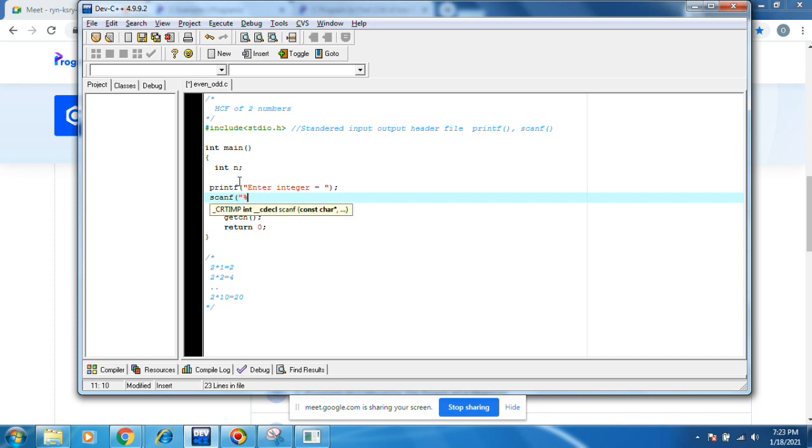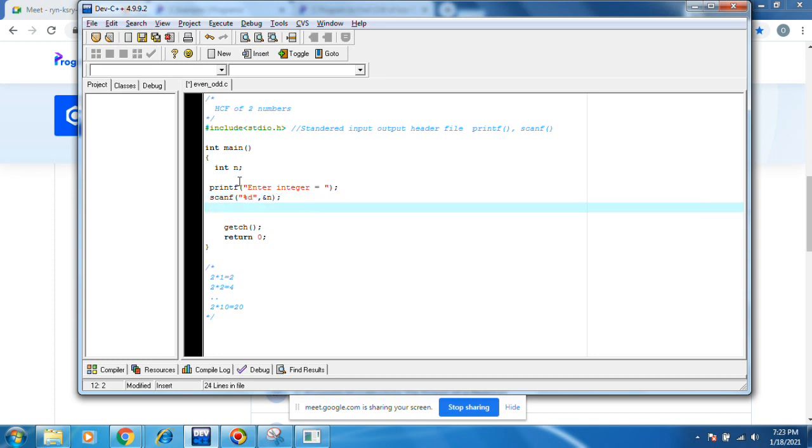Scanf percent d, comma, address of n. If I enter something like this, how many digits are there? 1, 2, 3, 4, 5 digits are there. Then the output should be 5.